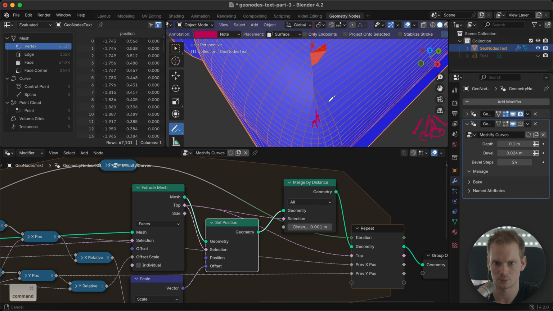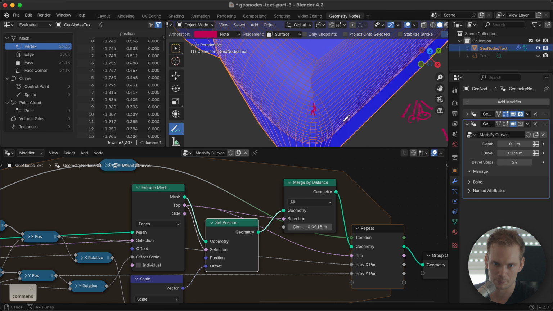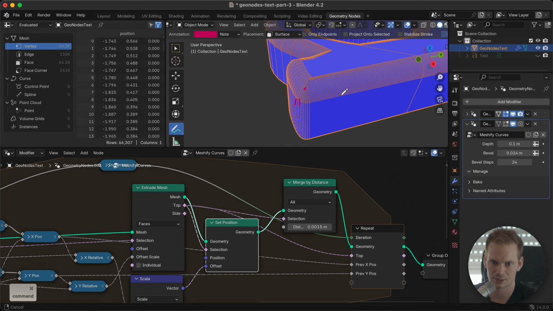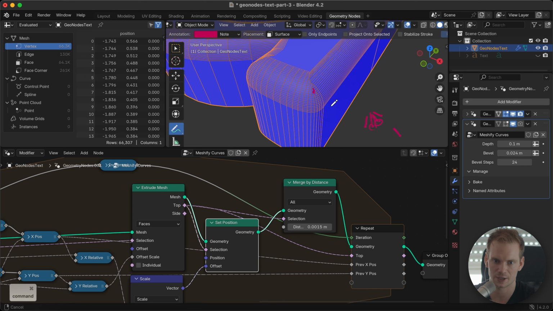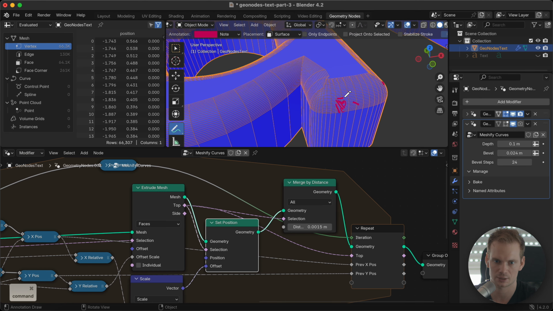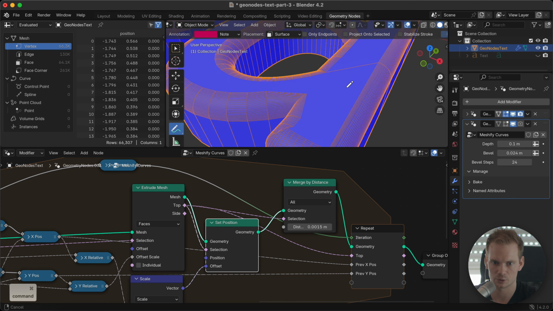And in order to do this a little bit better, we could try increasing this distance a little bit, and this is just something you want to tweak and play with. But yeah, this already looks quite good. I mean, it doesn't look pretty, but it fixes our issue of these flipped normals and these faces going crazy all over the place. So that is a pretty cool trick.